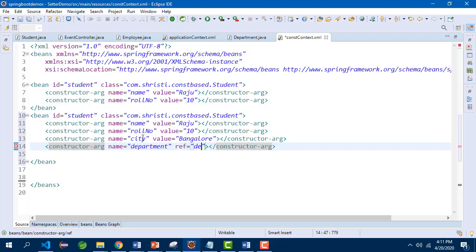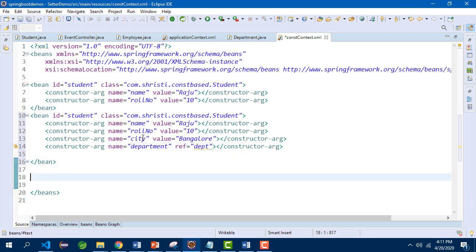So I can just give reference equal to DEPT. What is this DEPT? This should be an ID for the bean which is of type department itself. So I need to create a bean of type department. So I will give bean ID equal to DEPT, class is equal to fully qualified class name of department. So it is com.shrishti.constructorbase.department.